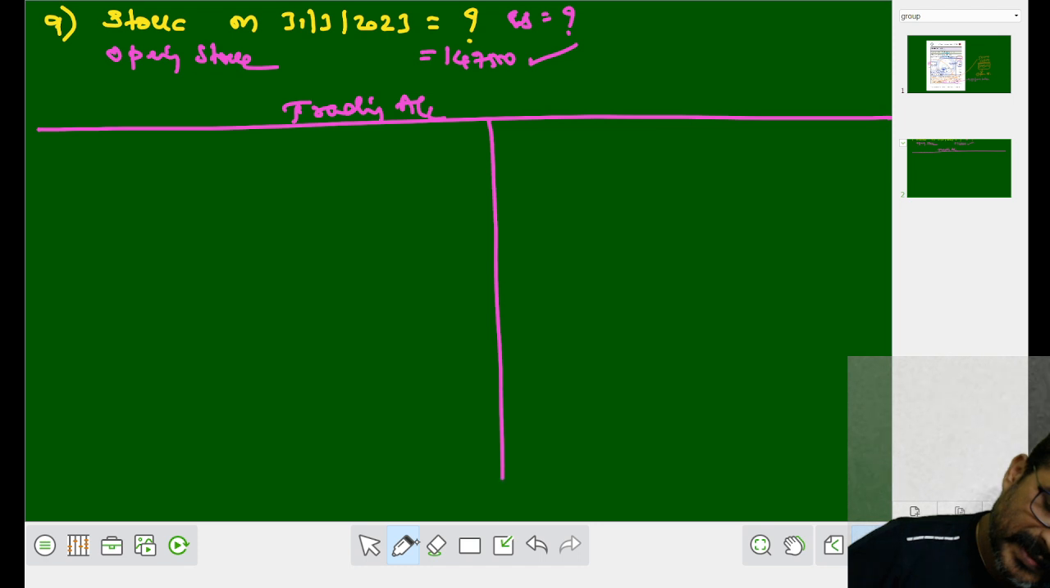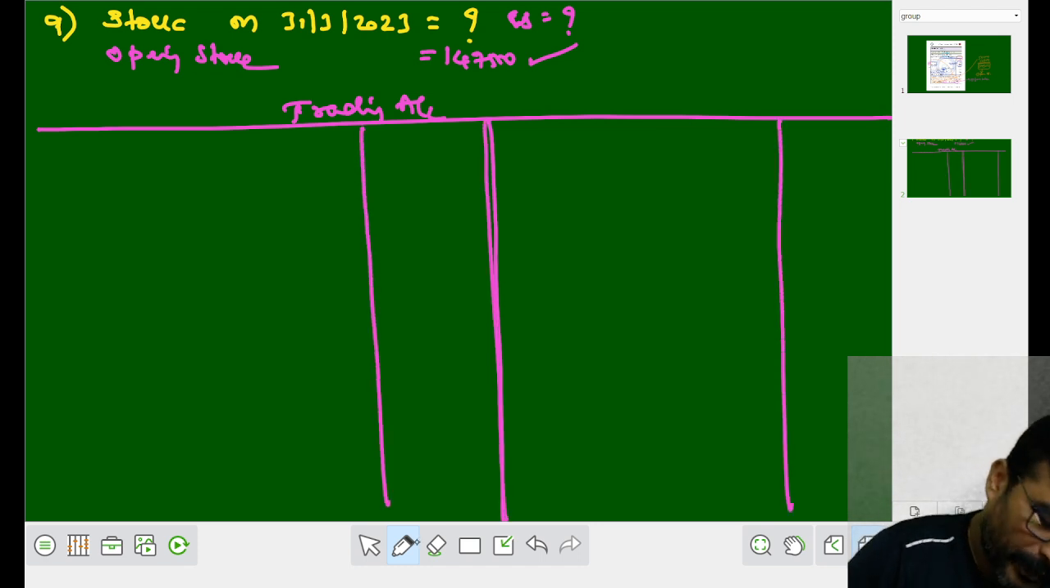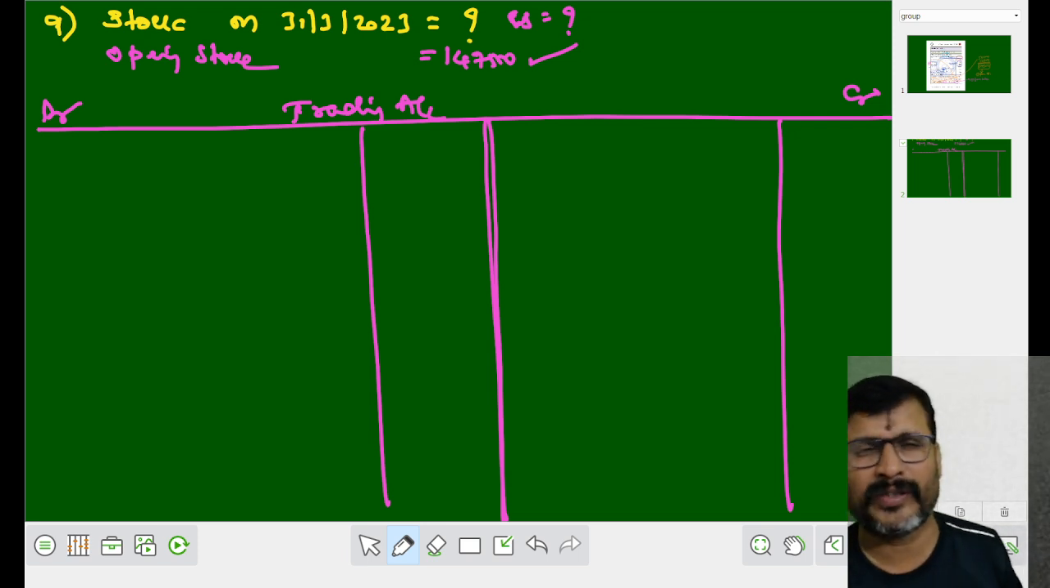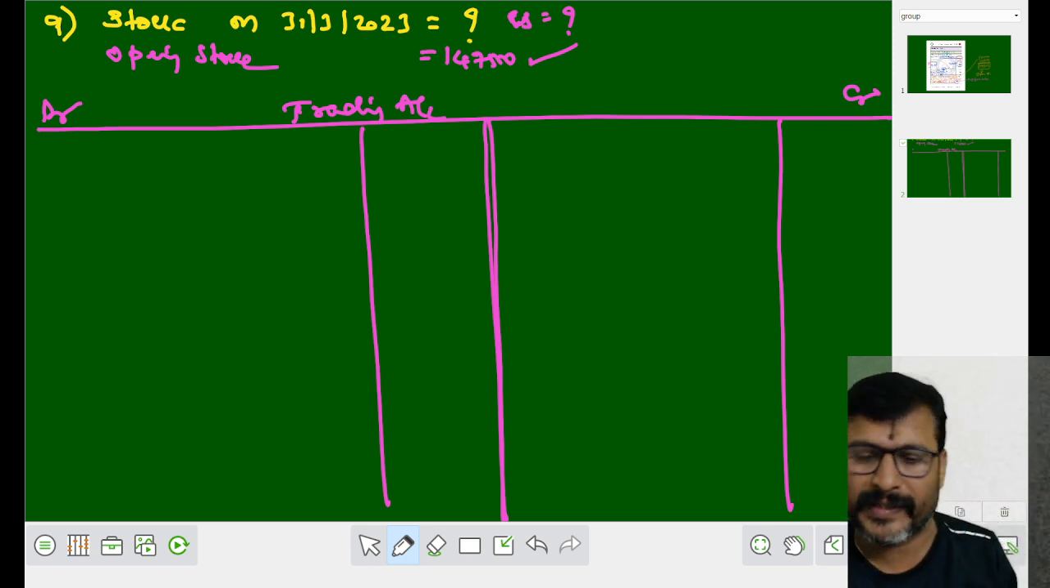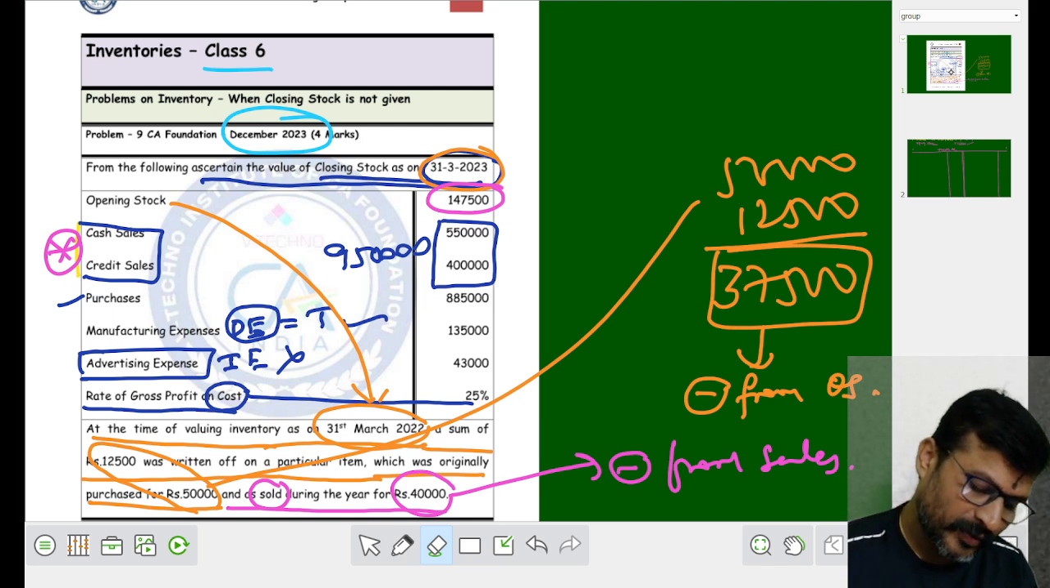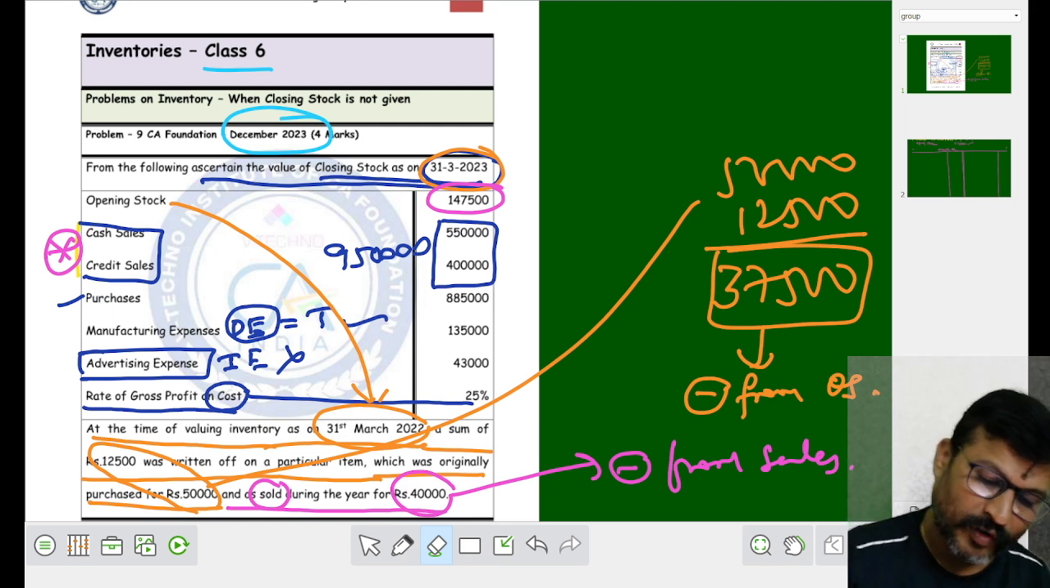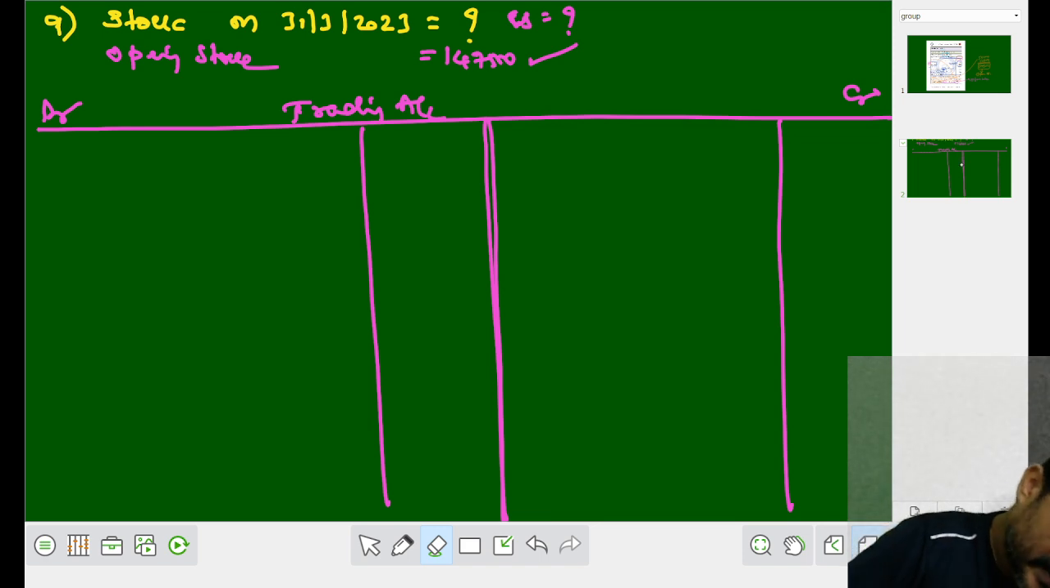There are two methods through which we can ascertain the value of stock. One is by using a statement, another by preparing a trading account. I usually prefer the trading account, which is so easy for a student to understand. Now, my dear students, we have an opening stock of 1,47,500. So, let us write: to opening stock 1,47,500, less